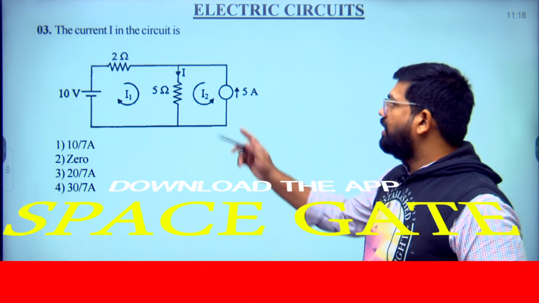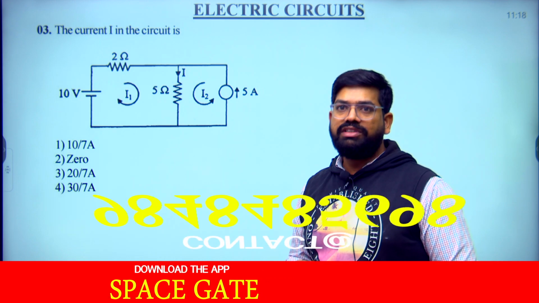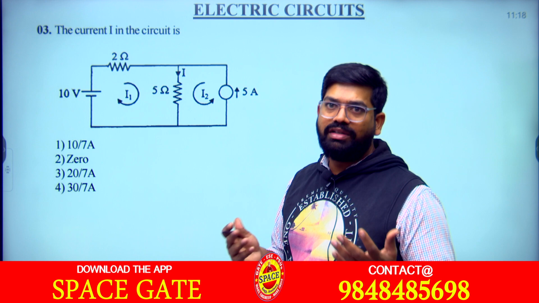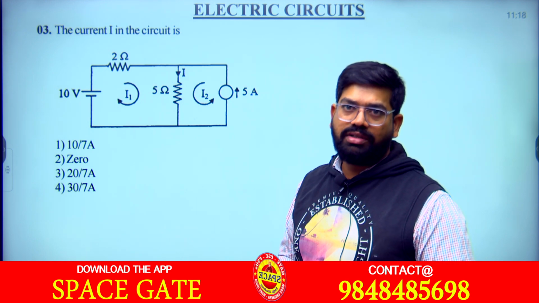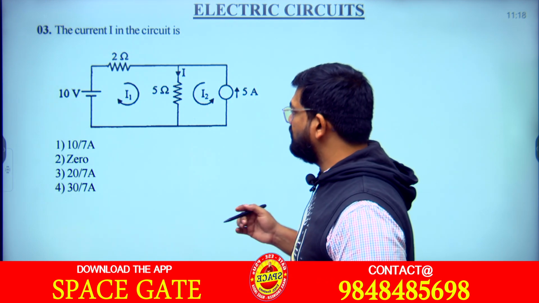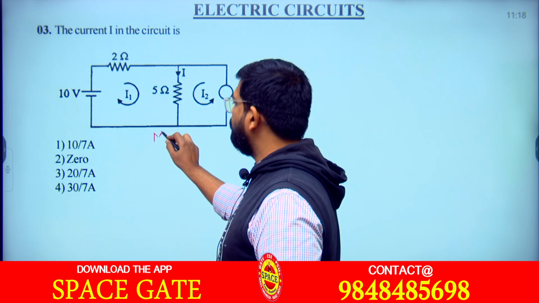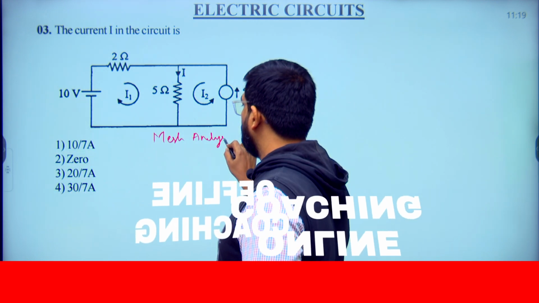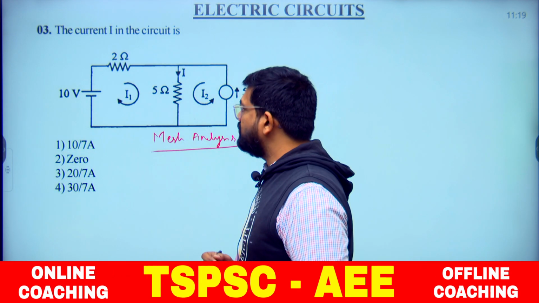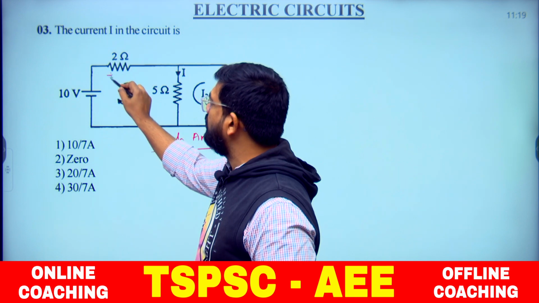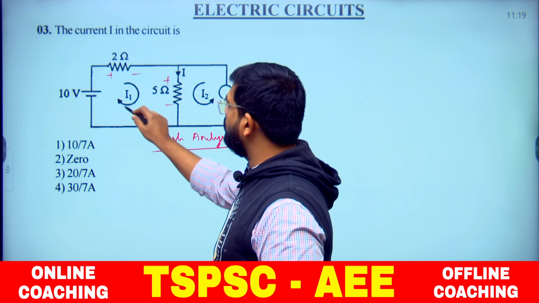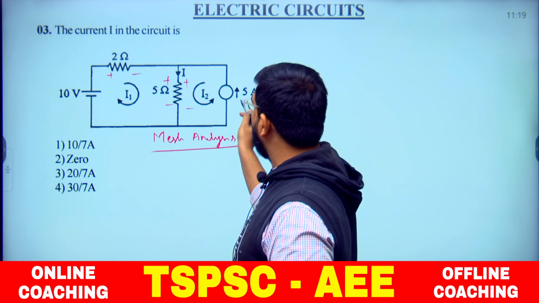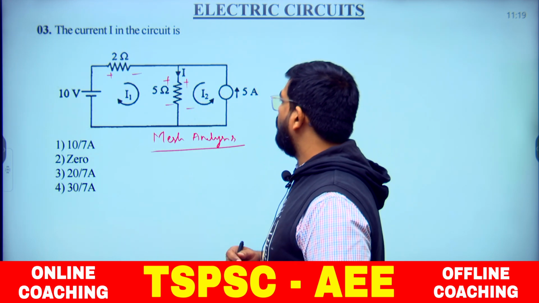What we have? The current I in the circuit which is indicated. If you follow mesh analysis here, because the meshes are already indicated, you can answer this in two ways. If you go with mesh analysis, this must be the polarity according to the current direction, and already current direction is given, and this must be the polarity according to the second one. So what we get here,